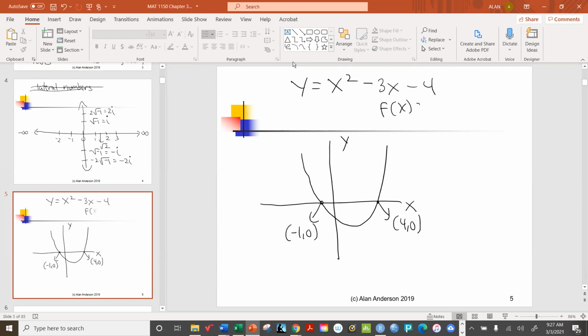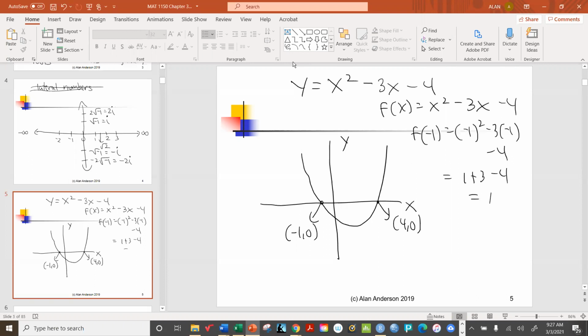Let's rewrite this as f of x. F of -1 equals 1 plus 3 minus 4. Okay, so that one works. How about f of 4? This equals 4 squared minus 3 times 4 minus 4. 16 minus 12 minus 4. Okay, so